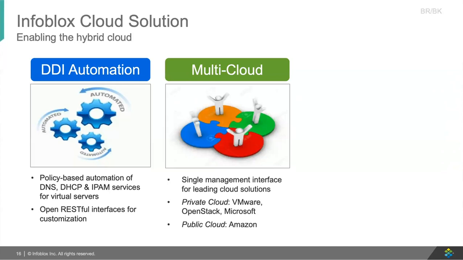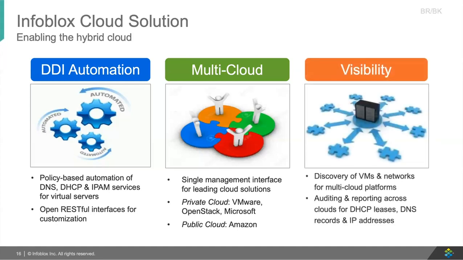So whether you're in a private cloud with VMware or OpenStack or Microsoft, or public clouds with Amazon, Azure, and now Google, we support those too. We're able to work with whatever cloud environments are in your agencies and companies, and then pull that back into a central authoritative IPAM, giving you the visibility of all your virtual machines and networks, and organizing them. And so again, making sure that everybody is staying in the same subnet structure and there are no conflicts and overlaps and things like that. And related to this, Bernie asked the question,